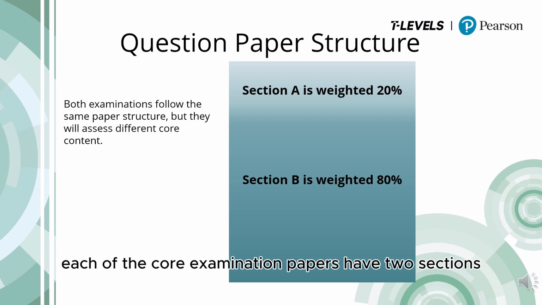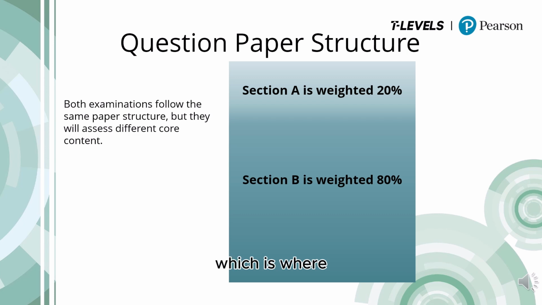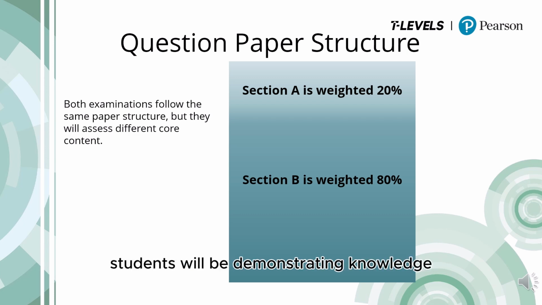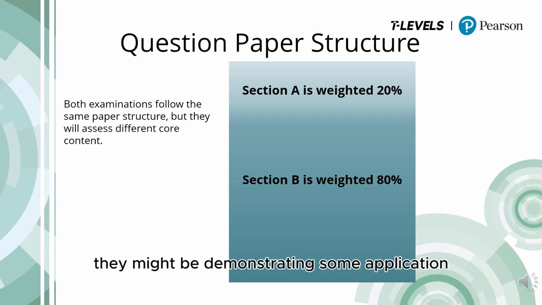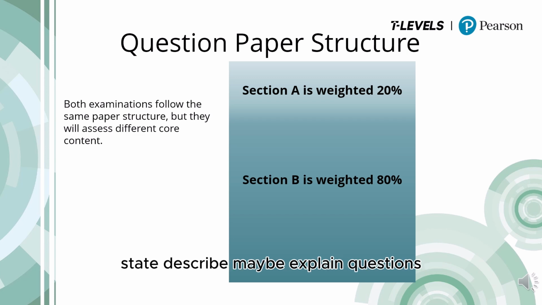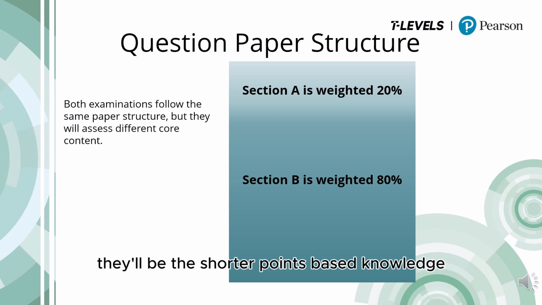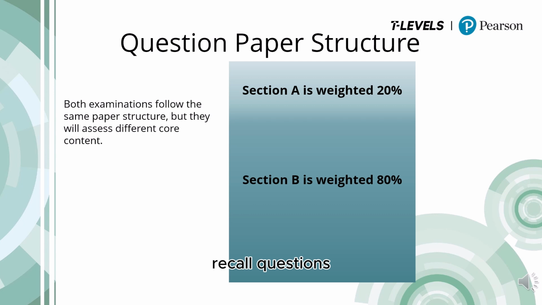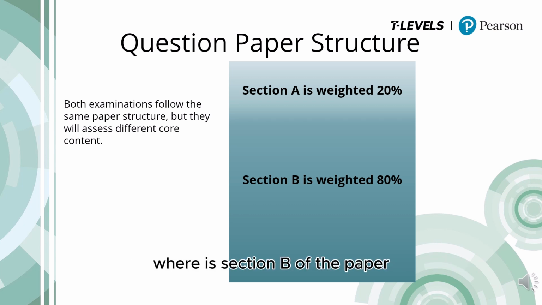So each of the core examination papers have two sections. Section A, which is worth about 20% of the paper, is where students will be demonstrating knowledge. They might be demonstrating some application, but these will generally be the give, name, state, describe, maybe explain questions. There'll be the shorter points-based knowledge recall questions moving into sort of the medium response questions, whereas section B of